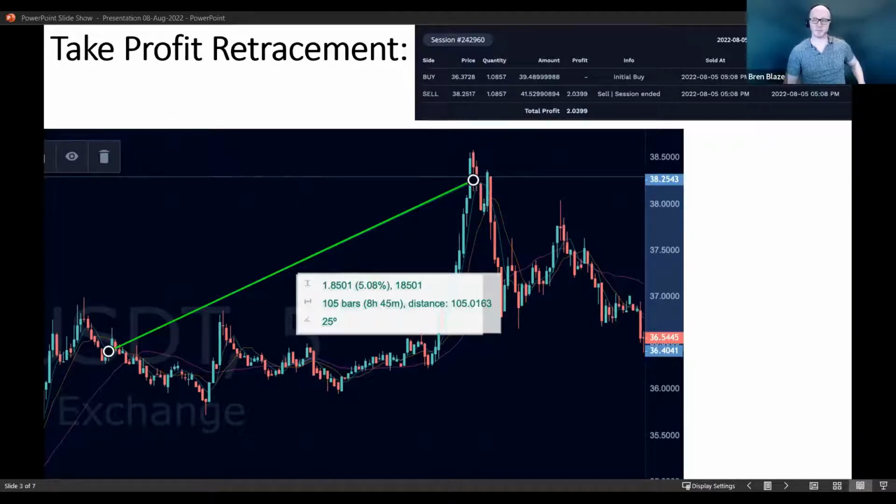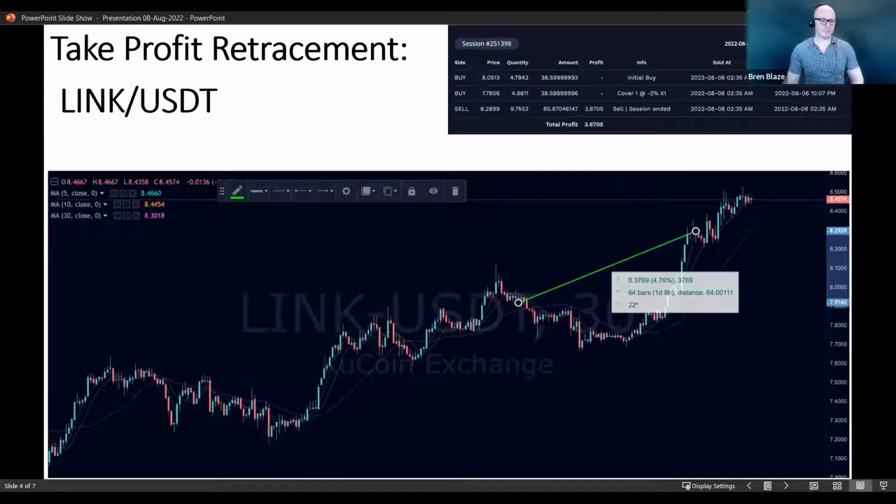A bit of a window into the phenomenal results we're going to see when the bull run eventually comes back, if we're making these kind of results now in this sideways choppy market. So here is another take profit retracement example with Link. You can see its initial purchase, the price right here, the market dropped by 2%, bought one of the cover positions, then the market went up and it maximized that run up right here, sold when this retracement was happening for a profit of